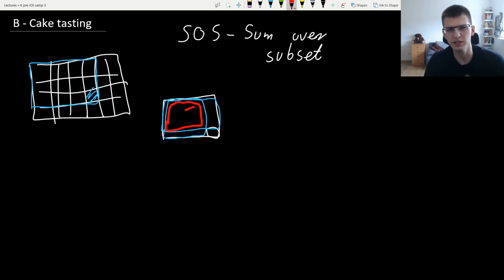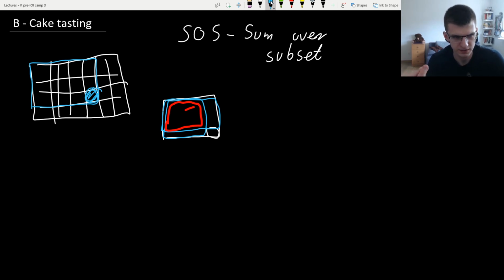That's very easy, but we need subtraction, and it gets harder. What if, for example, we are interested in something that isn't that easy to subtract, maybe products? So what if for every cell you want to compute the product of everything that is there? Then it's harder to divide. Still, you can try not to multiply by zeros if we need to do something modulo, but it's not so